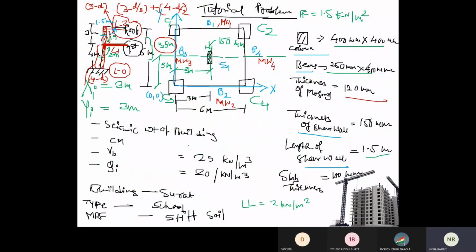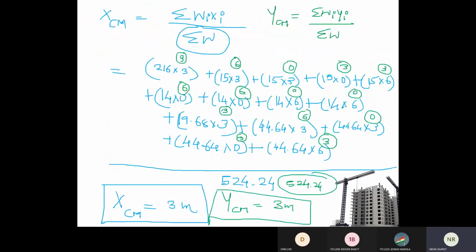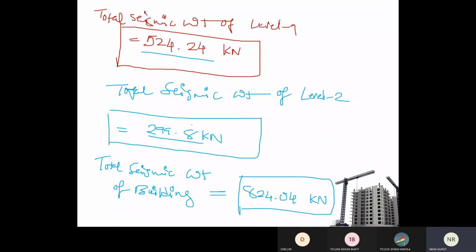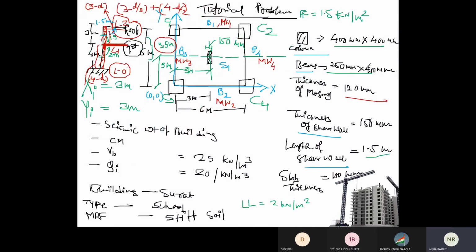So yes, we have finished this tutorial problem. Right, now you can find VB equal to AH into W. This calculation you can do by yourself. AH is equal to Z by 2 into I by R into Sa by g. Chalo. Surat city, zone number. The city is given as Surat. So the zone number,